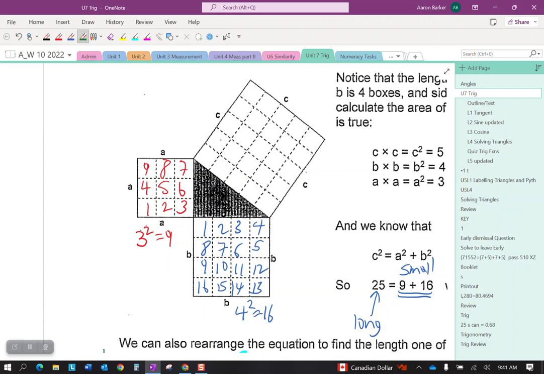And the C side, 1, 2, 3, 4, 5 squares. So its area is 5 by 5. And if you count the squares,